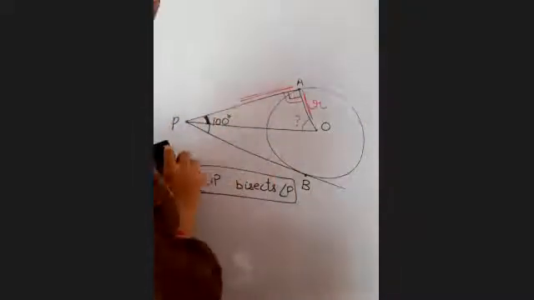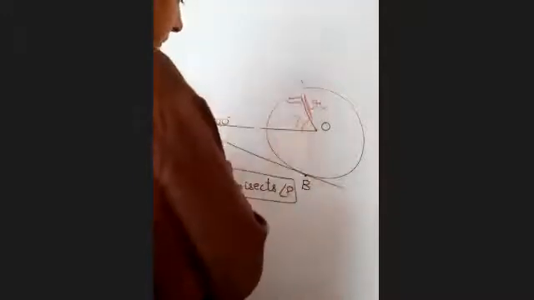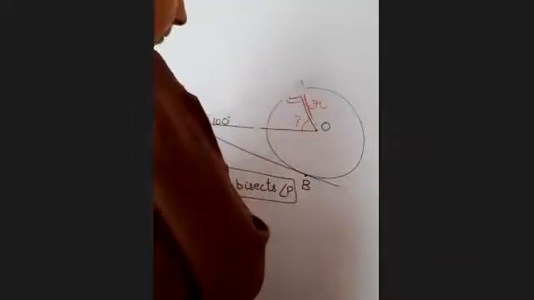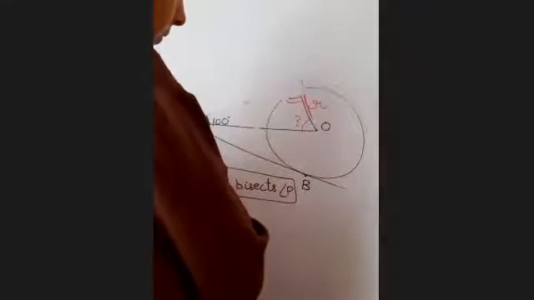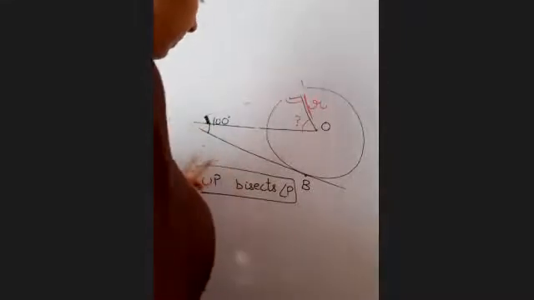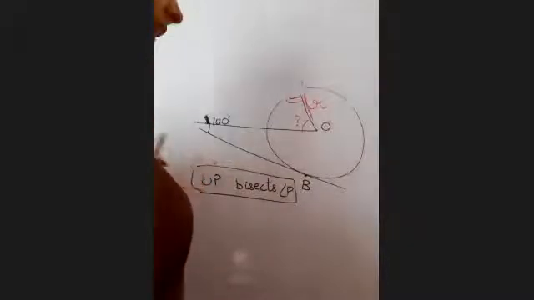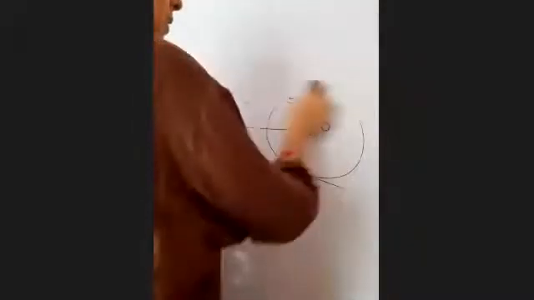Ma'am, in triangle APO, if a total of 100 degrees is given, we'll just write half of it, 50 degree. Directly this. We have understood this as a result of theorem 2. So we have covered 3 questions. Easy?